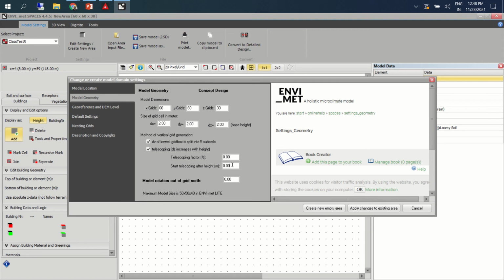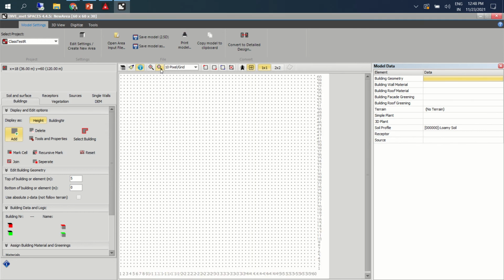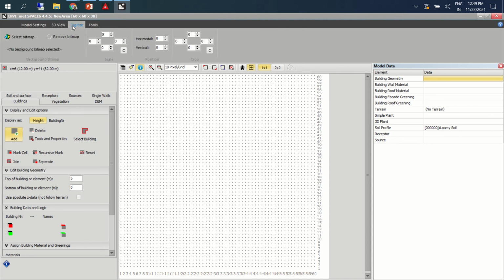I'll just keep 10%. Okay, we can go to digitize.